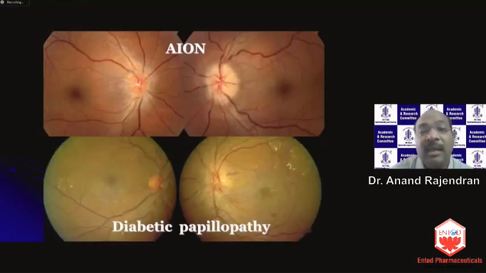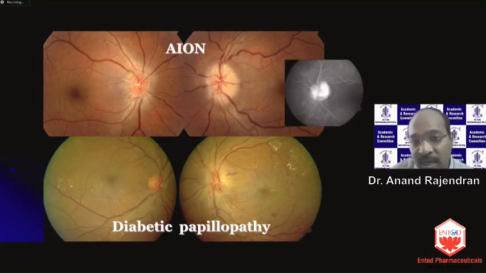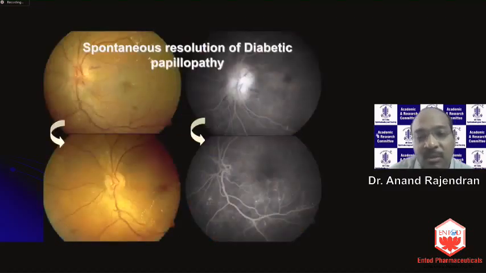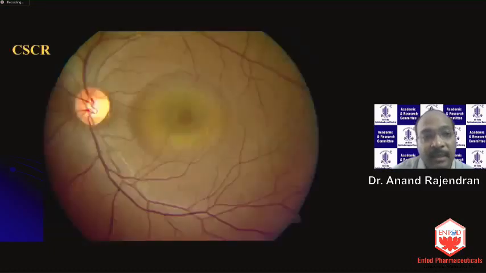Disc edema, anterior ischemic optic neuropathy, and diabetic papillopathy can look very similar. In fact, they are part of the same continuum or spectrum. It's just that AION has greater morbidity, greater visual field defects, greater visual loss. RAPD is associated. Fluorescein angiography helps secure this. You see sectoral hypoperfusion with an AION. Diabetic papillopathy, very often just good control of the glycemic status will resolve it clearly.